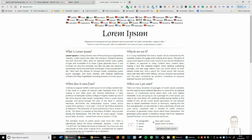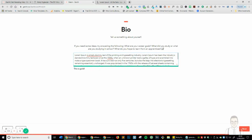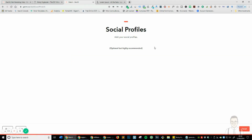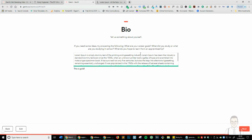It's already guiding you. Just go ahead and you can see it's tracking how many characters I've used. So I used one paragraph, and just go ahead with next. And one other thing, which I think a lot of people forget, is all these